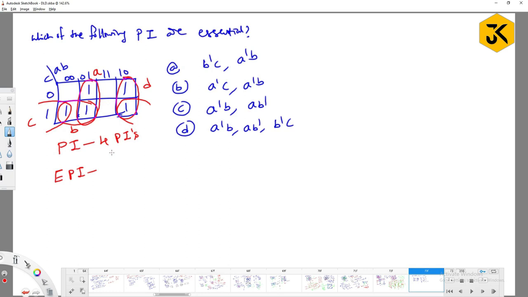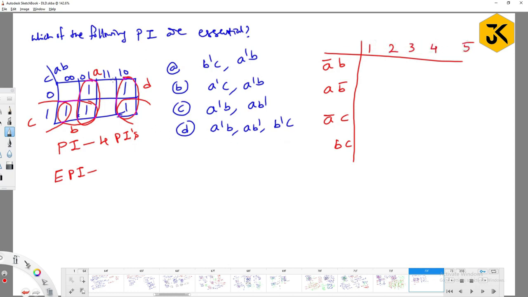Yes sir. How? Any one of the 4? What you have to do is simply follow the same procedure. So what values are you going to get? One is A bar B, another one is AB bar, A bar C, another one is BC. And what are the values which are available in one location? 1, 2, 3, 4, and 5. If you